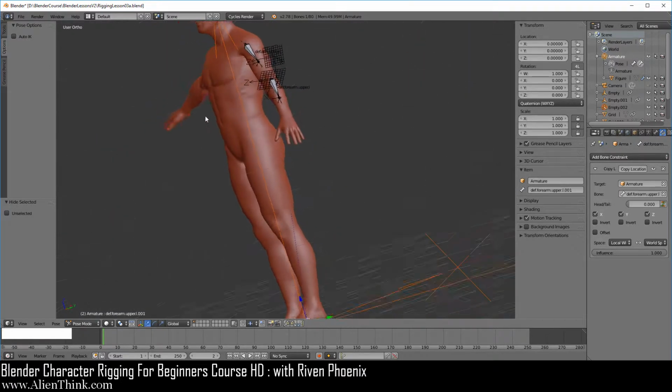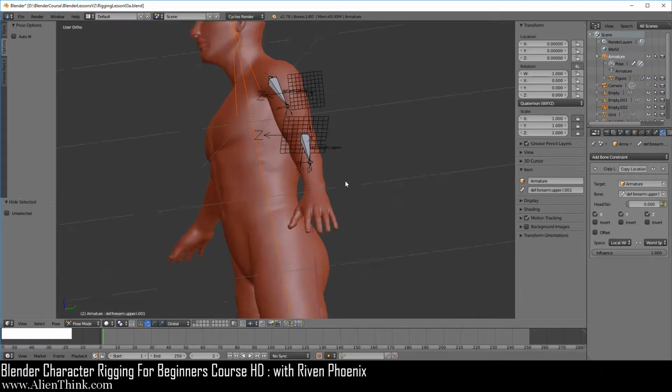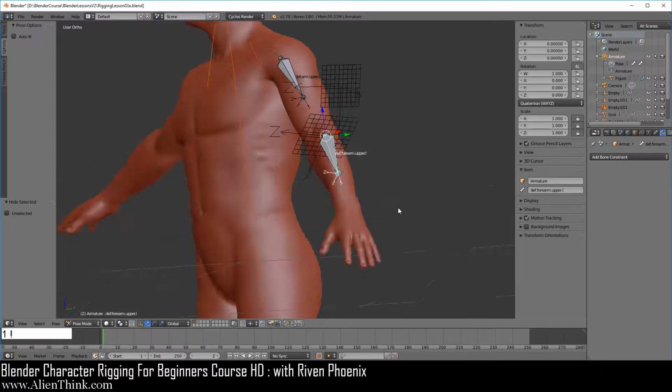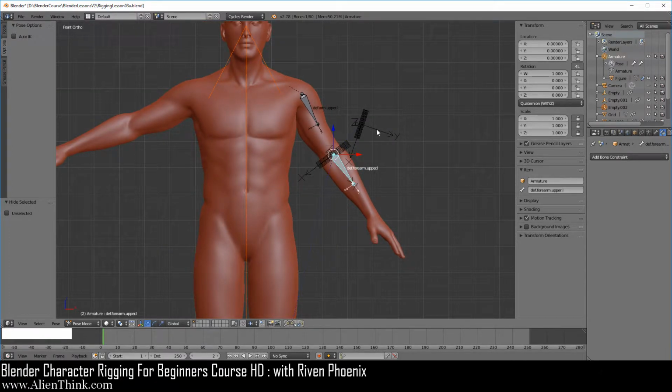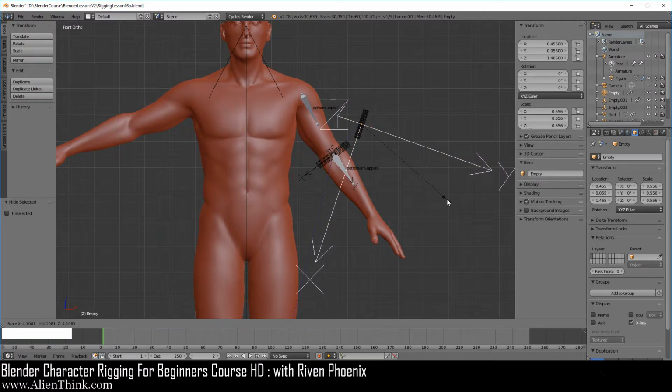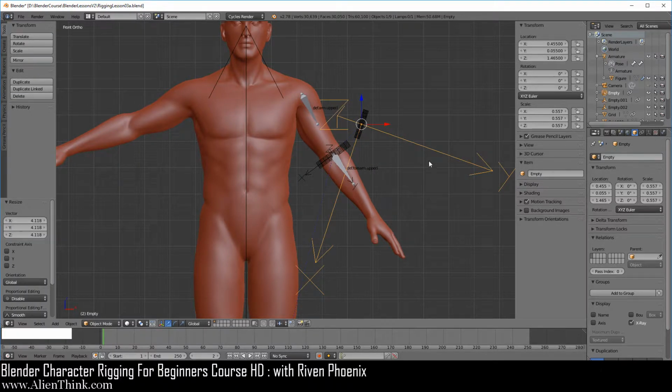Now, if we look at this bone, where is this bone going to be located when we are evaluating this in local space with a parent? Okay, so that's what we need to understand. So what we need to do is click over here and press the S key to scale this out a bit. Okay, now this is a little tricky to understand, right?